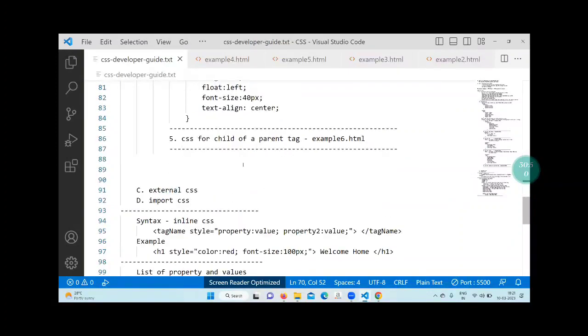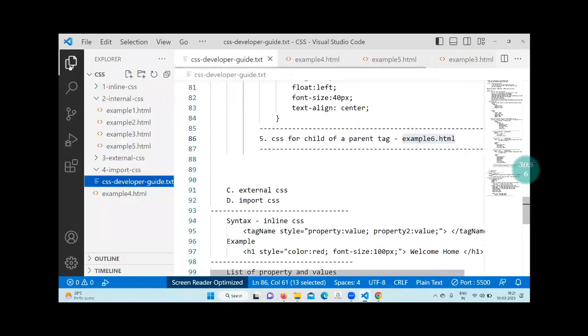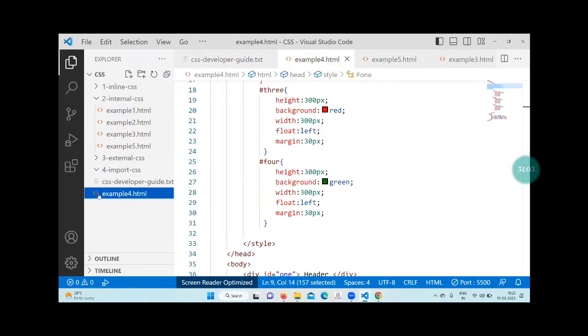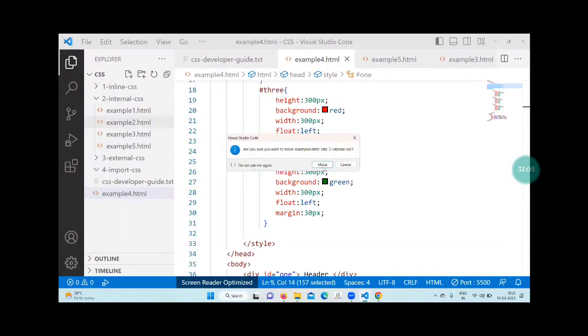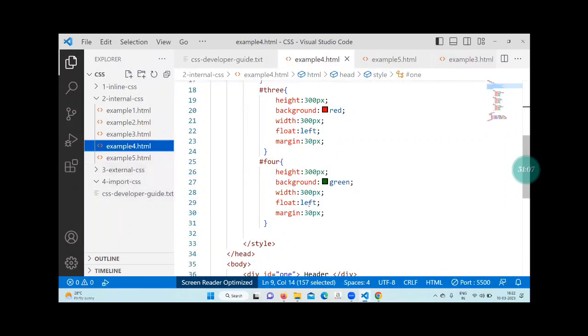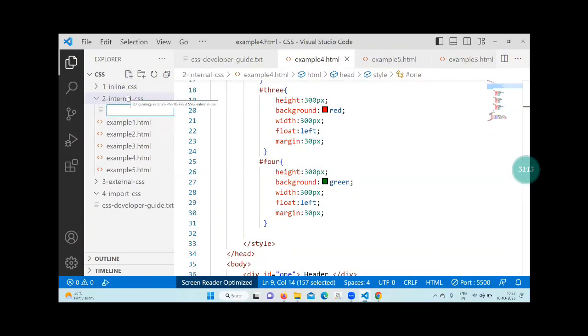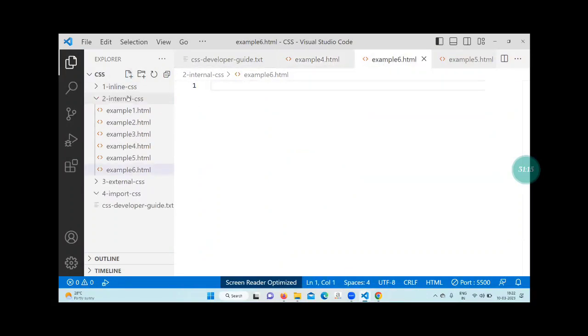One more we have to implement: CSS for parent tag and child tag. So write the next file, for example 6. I have made some mistake here; I need to move on to the internal CSS. Under the internal CSS we need to write one example 6.html. In example 6.html,